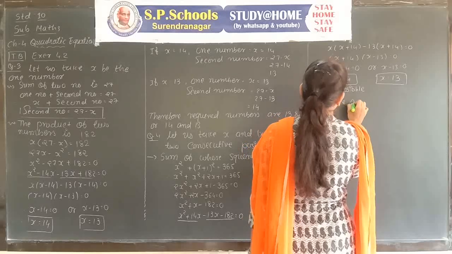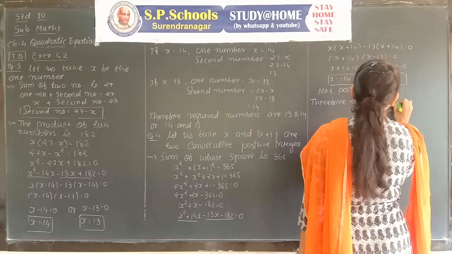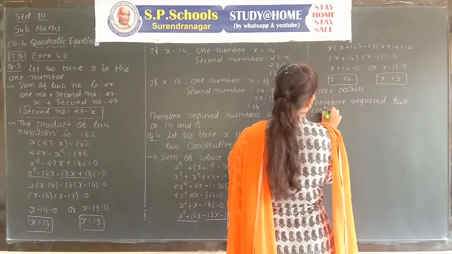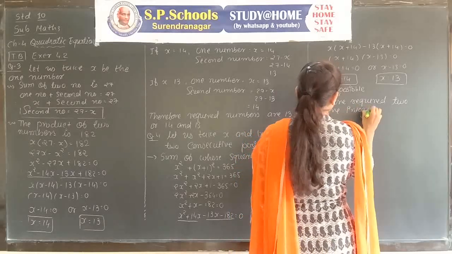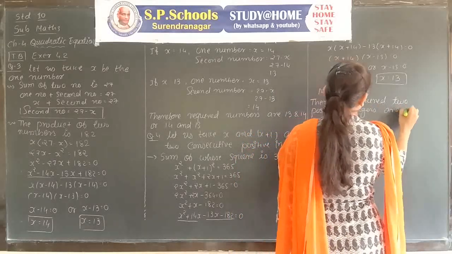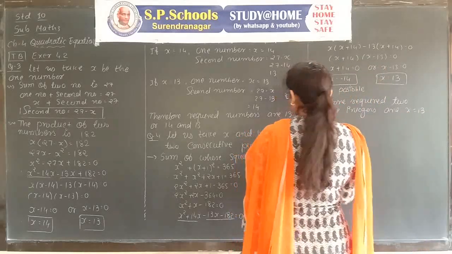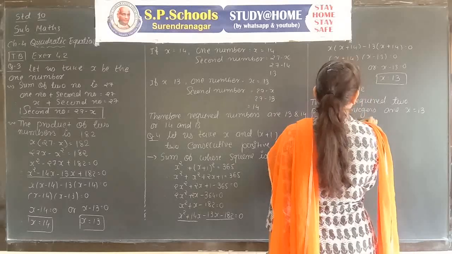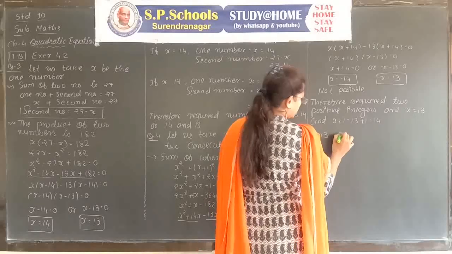Therefore the required two positive integers are x is equals to 13 and the second is x plus 1, 13 plus 1 which is 14. 13 and 14